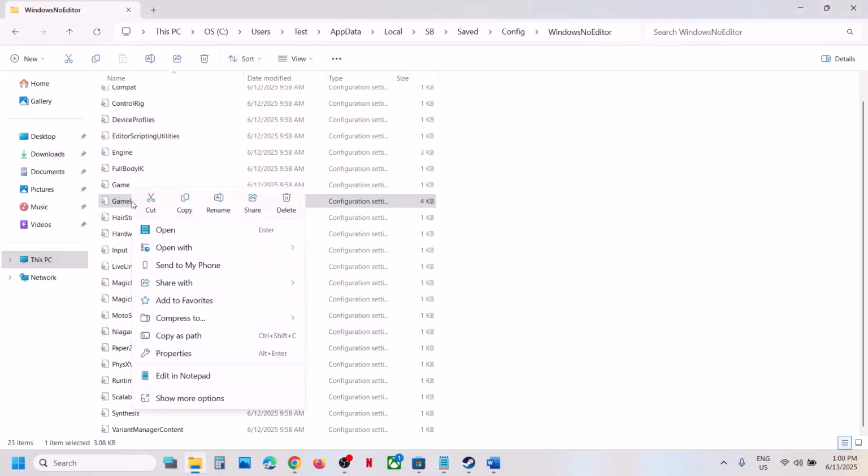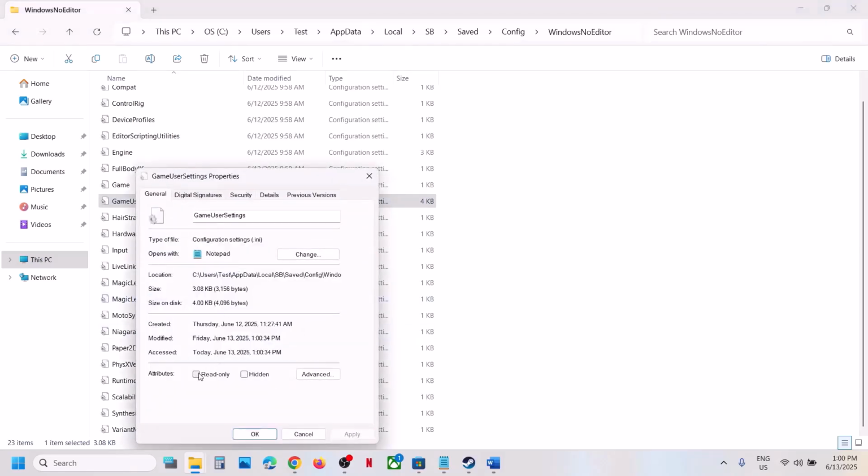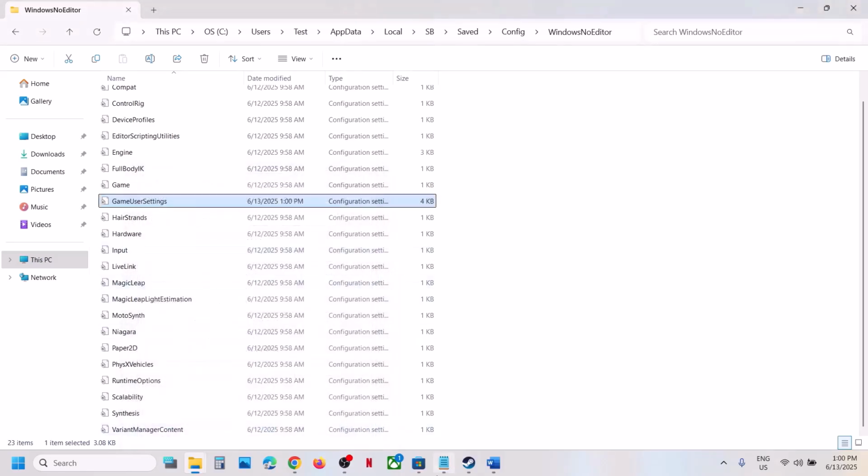You can even, after making changes, make a right click on GameUserSettings, and then you can put a check on read only, hit apply, click on OK, launch the game, and then check. Now if it's still not working,